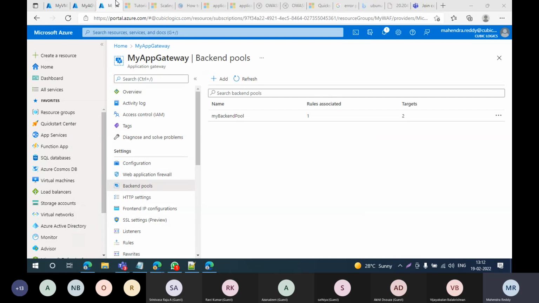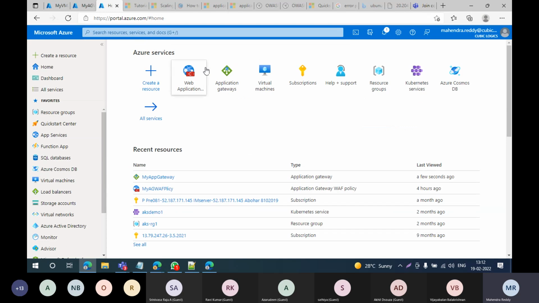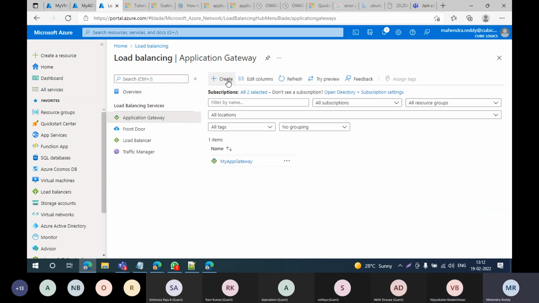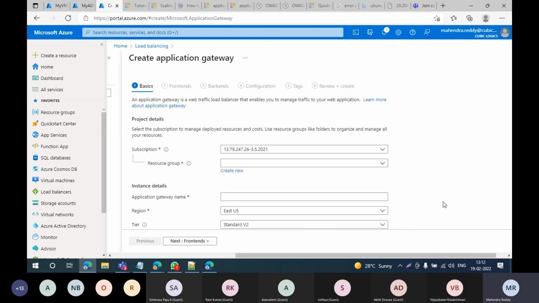Yeah, actually, I have created one already, but let me do it from scratch again. Okay, so first of all, you tell me why we need this application gateway. Yeah. Suppose we don't want to expose our application to the direct public interface, then we can go through this application gateway.